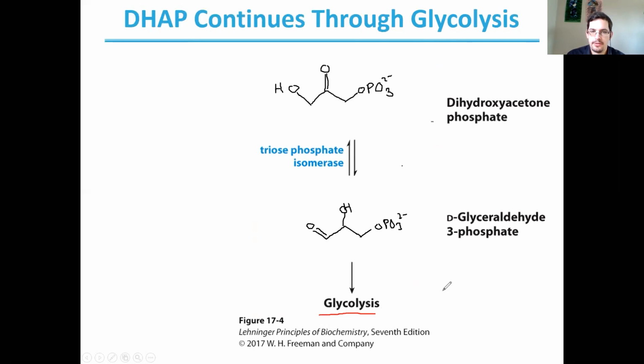So this would then enter glycolysis. We have the glyceraldehyde 3-phosphate already, so we're already halfway through the pathway. And so then we can convert this to get our,